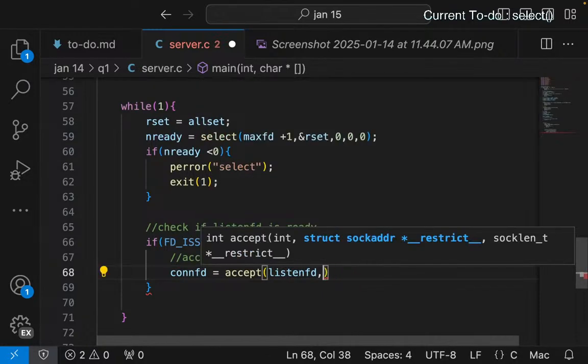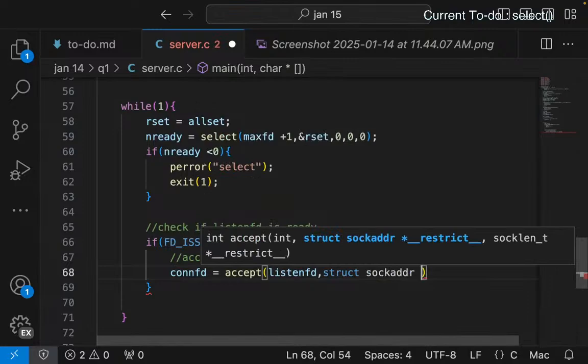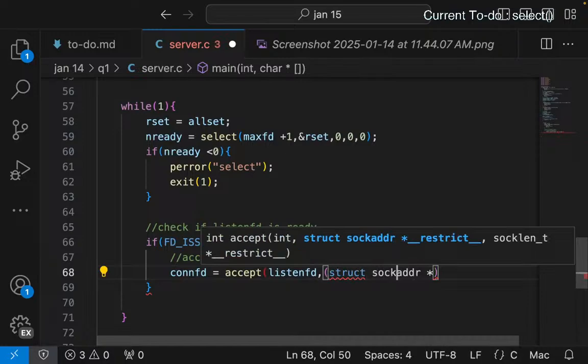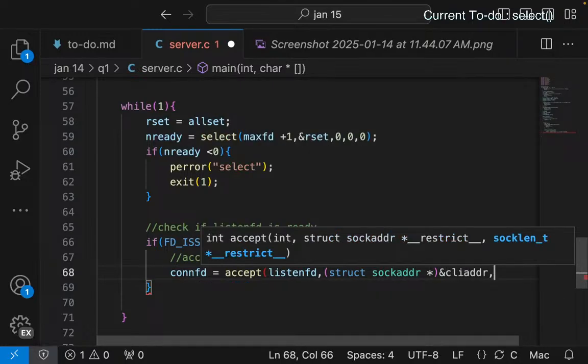So it'll actually do struct sockaddr pointer. You just cast this to the pointer of client, and